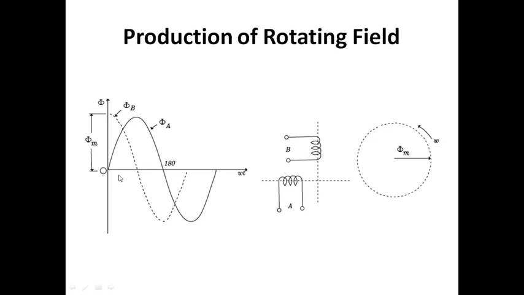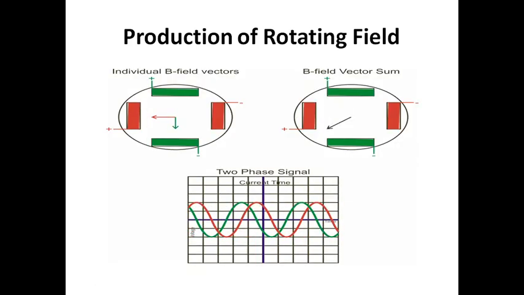It is 90-degree apart. See, this is 90-degree and this is 90-degree. Means the magnetic field produced by A and produced by B is magnetically 90-degree apart. Can you see this diagram, how it is changing its phase? Green color as well as your red color. It is 90-degree apart, and the two phase signal is shown. It is producing a running torque, right? But it is not producing a starting torque, so it is not a self starting motor.